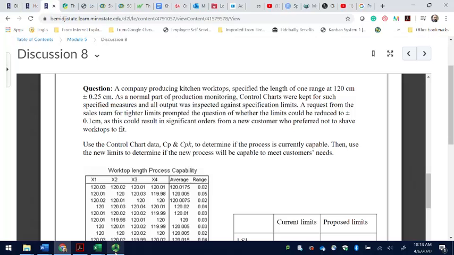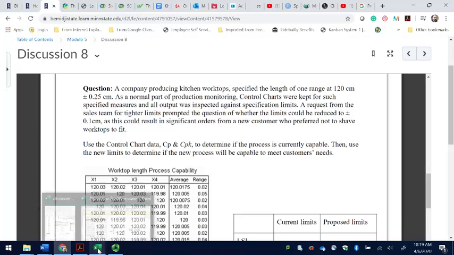As a normal part of production monitoring, control charts were kept for such specific measures, and all output was inspected against specification limits. A request from the sales team for tighter limits prompted the question of whether the limits could be reduced to plus minus 0.1 centimeter, as this could result in significant orders from a new customer who prefer not to shave worktops to fit. Use control charts data, CP and CPK, to determine if the process is currently capable. Then use the new limits to determine if the new process will be capable to meet